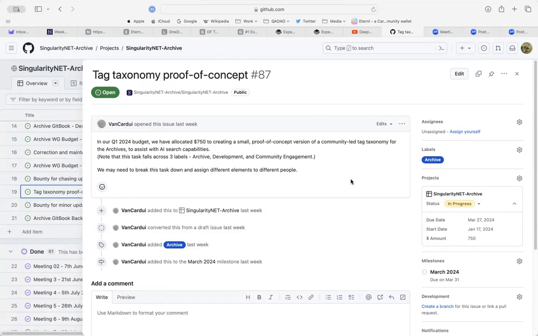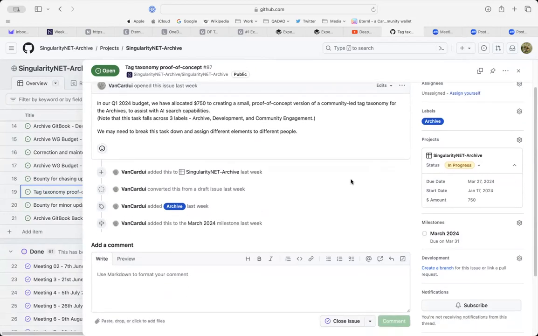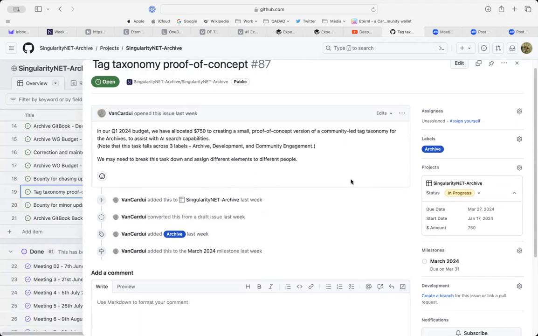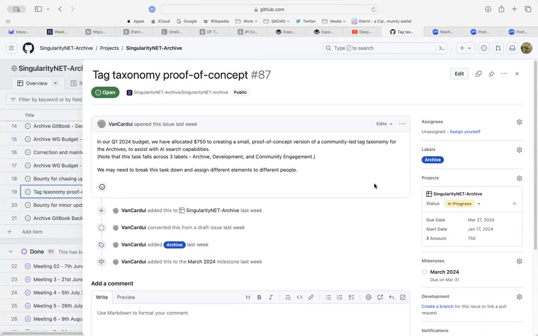So we probably need to break the task down and assign different elements to different people. So should the action be that next meeting I'll bring a draft of that and we can discuss it? Okay, yeah. Do you want to put that in comments then? I will. I'm just putting comments in something else at the moment, so I'll do it in a sec. Okay.